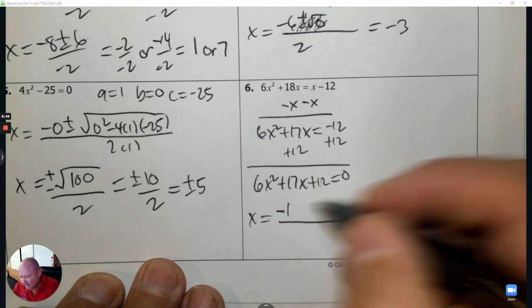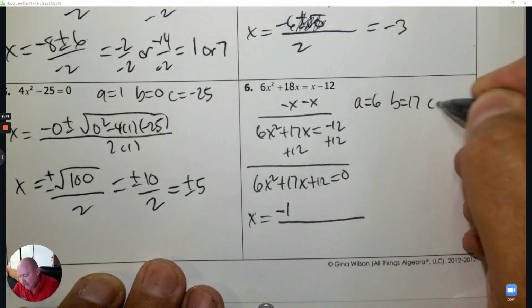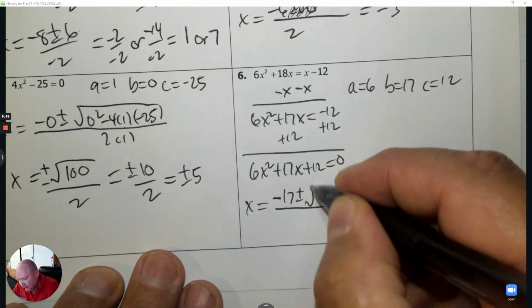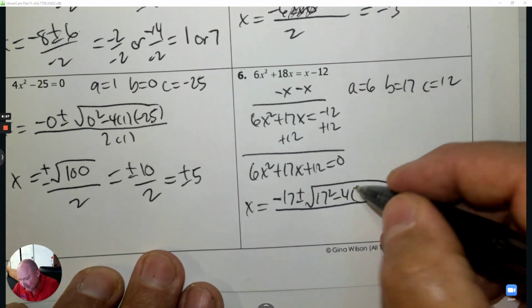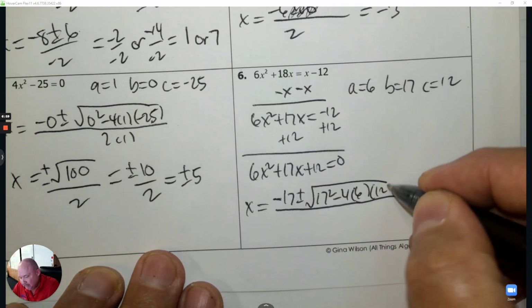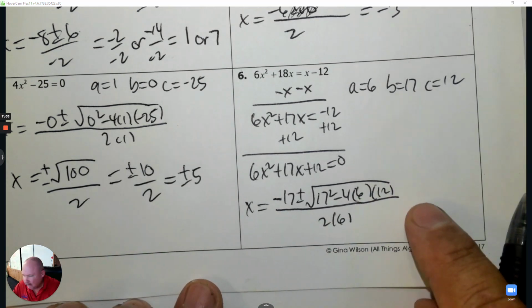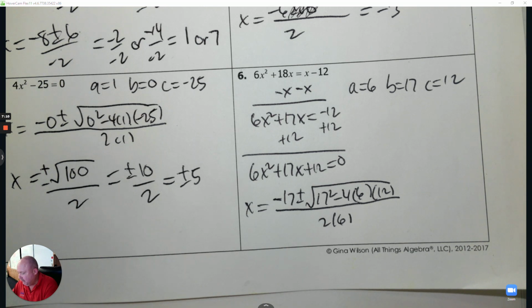So negative b, sorry, let's write down what a, b, c equals. So a is 6, b is 17, and c is 12. So we have negative b plus or minus the square root of b squared minus 4ac all over 2a. And then we're going to solve it. Those numbers are really large. I'm going to use a calculator. So if I go 17 squared, subtract 4 times 6 times 12,